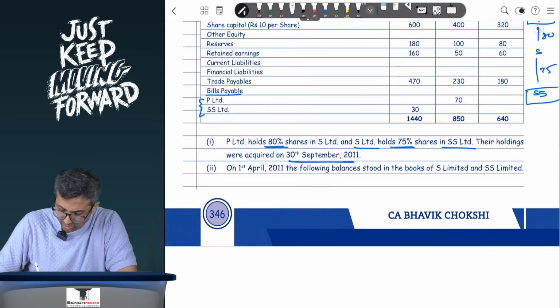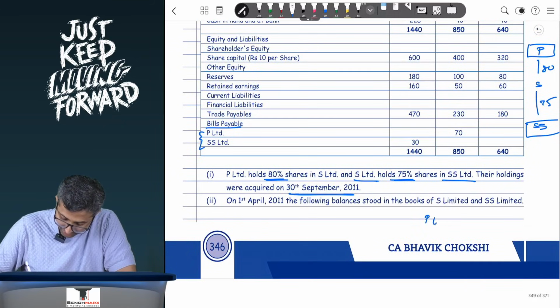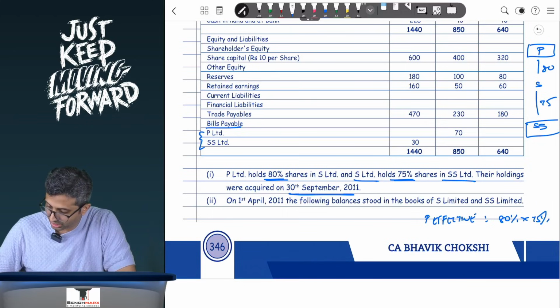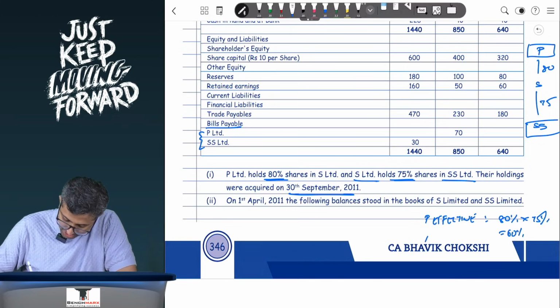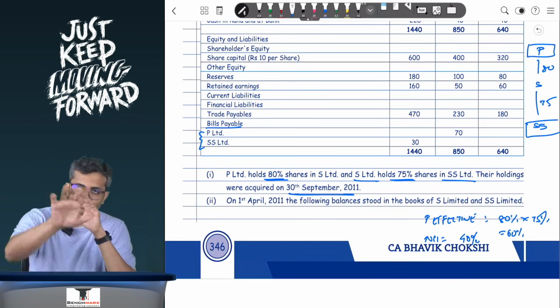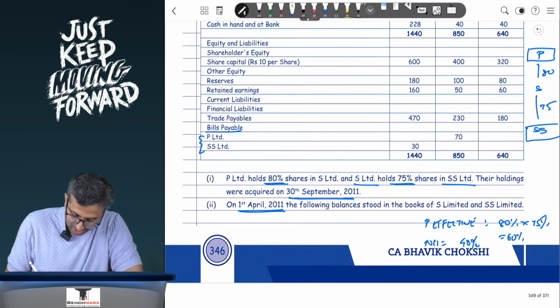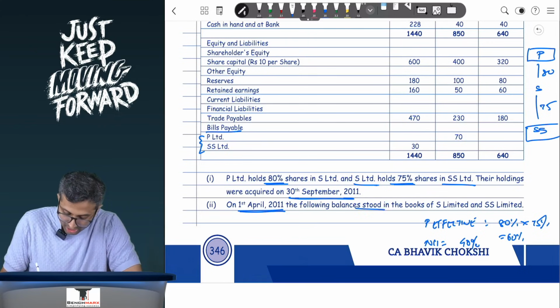Over here, how will I do N.C.I.? Well, P's effective stake in SS would be 80% into 75%. So 80 into 75 comes to, let us say, 60%. So this is 60%. Therefore, how much will N.C.I. be, sir? N.C.I. effectively will be 40%. Whatever are the net assets in SS not attributed to P, which is 40%, is the N.C.I. in SS. On 1st April 11, this is 6 months before the acquisition, the following balances stood in the books